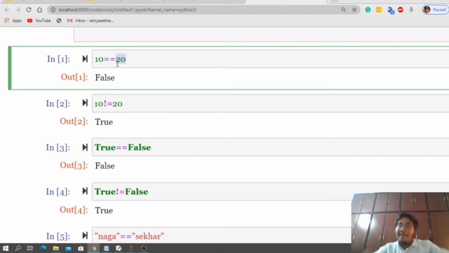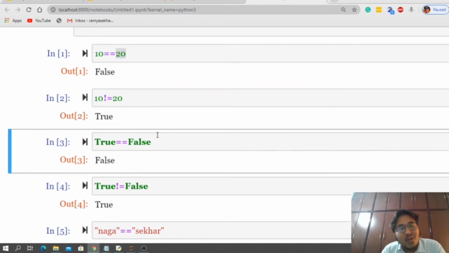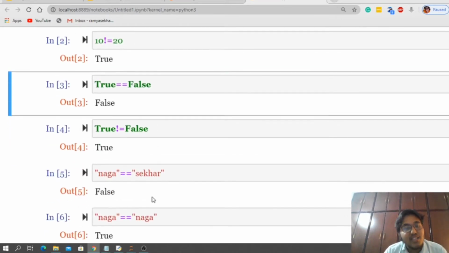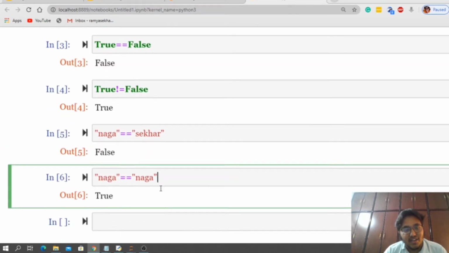The equal to operator checks whether the content is the same, and the not equal to operator checks whether the content is not equal. Is this clear? So this is applying the equal to and not equal to operators on int data, bool data, as well as string data.